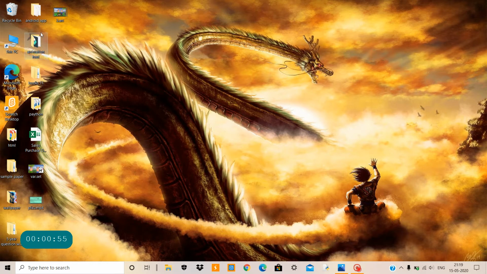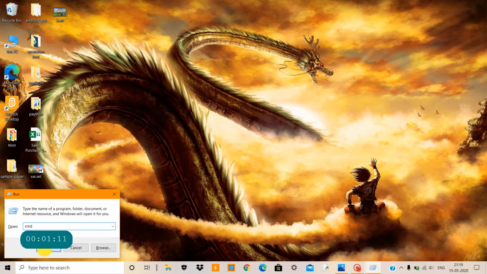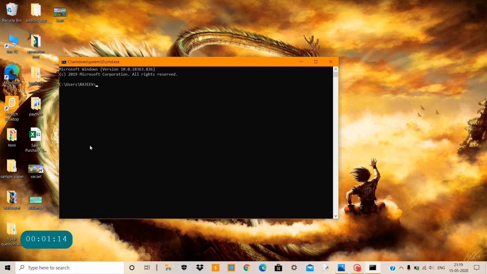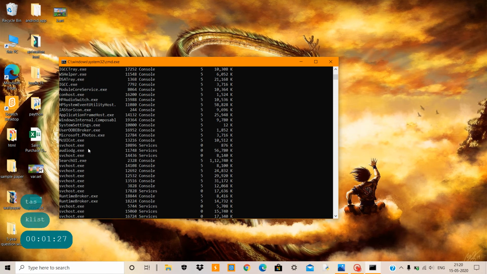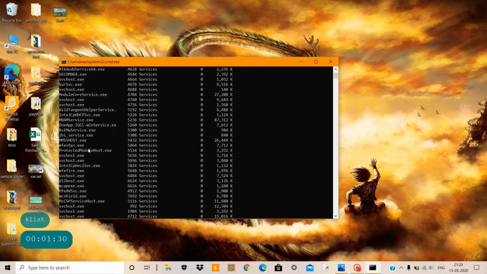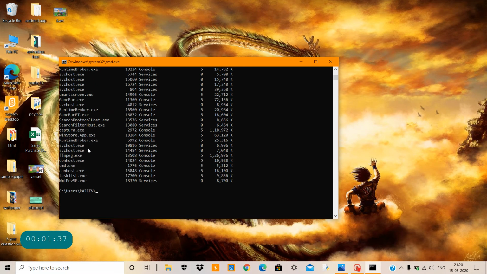First of all, you have to go to the Windows key and right click it, then click on Run and run the command Chrome. In this you have to type task list and press enter. So you get all the tasks that are running at this time. You can see them, and if you have to close the rtls5 week, then you have to type